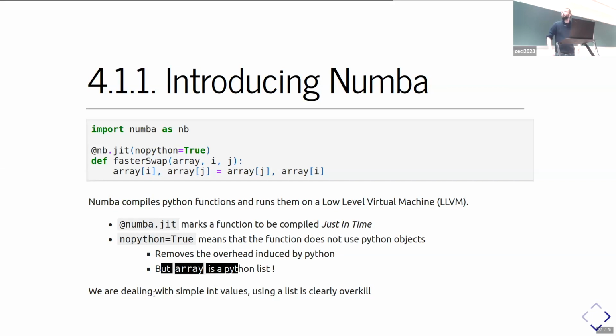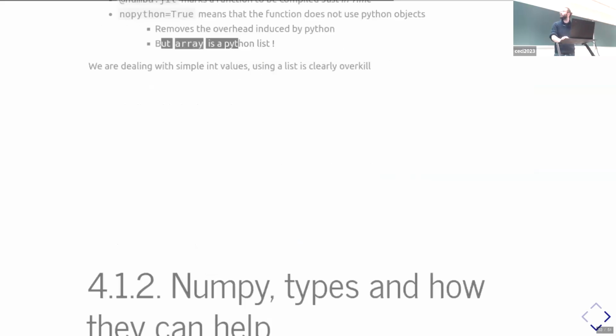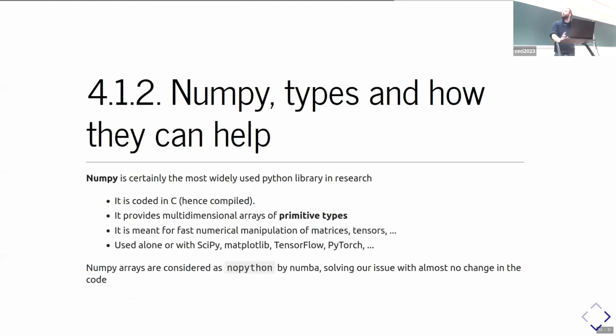That is an issue, but at the same time, what I'm doing here is using simple integer values. Using a full Python list is kind of an overkill, actually. I don't need that. It's way too powerful for what I'm doing. So it's a bit weird to introduce NumPy that way, but it's the best way I found from Numba. NumPy is another library that is very, very famous